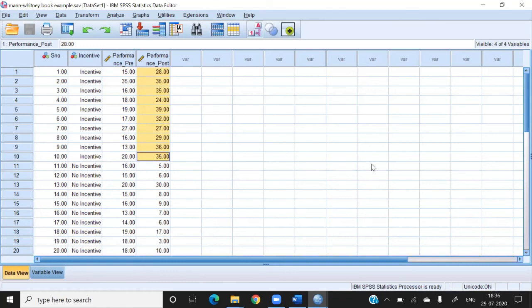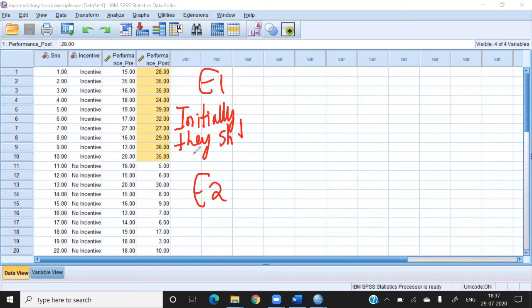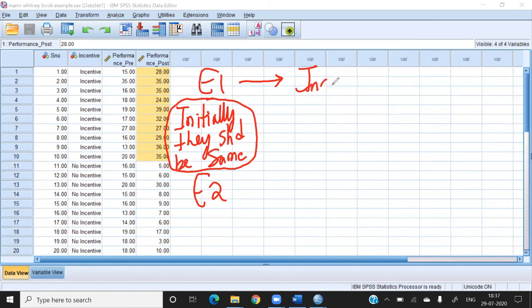This research question can be written as I'm writing here: employee 1 and employee 2, and initially they should be the same. I hope you understand why. Because if they are initially the same, then we can say that the experiment has a significant impact on their performance. Employee 1, you introduce incentives to increase the performance and check performance, and here you are offering nothing and check their performance.